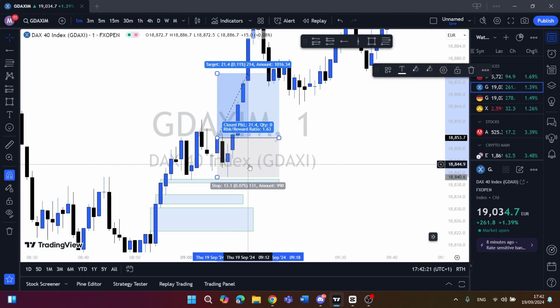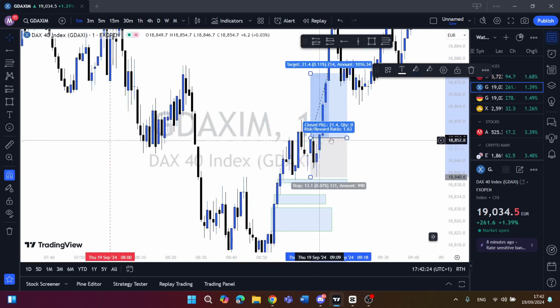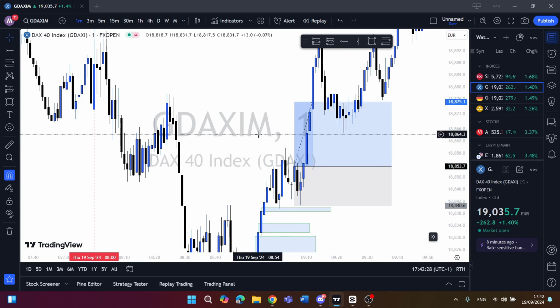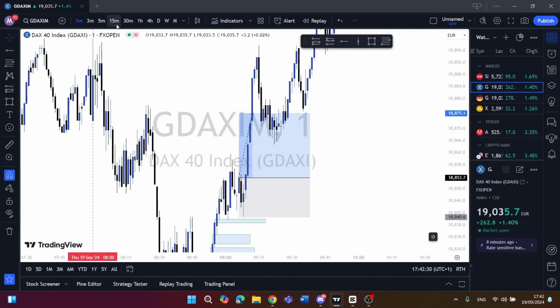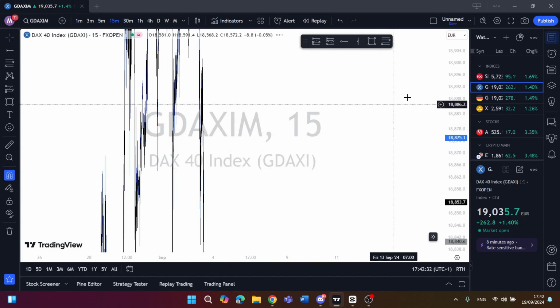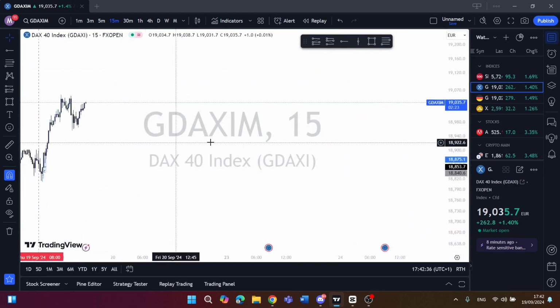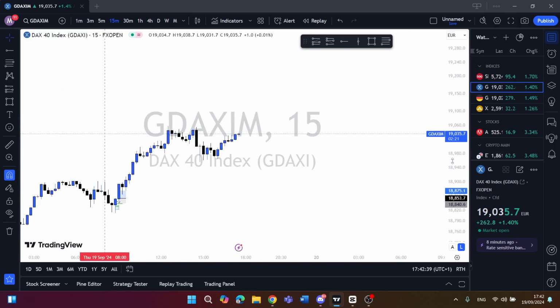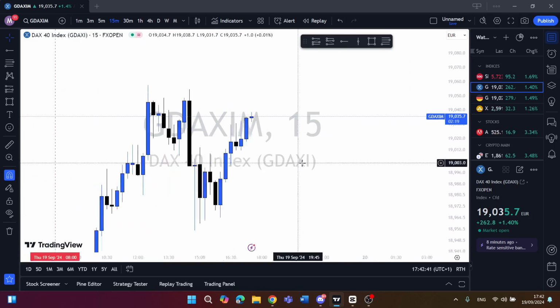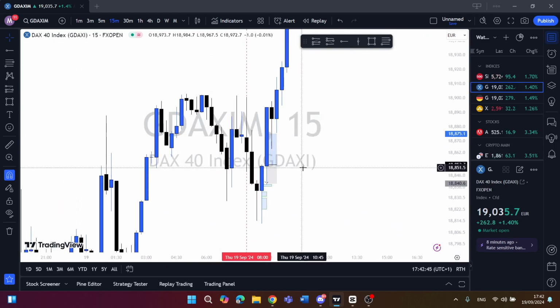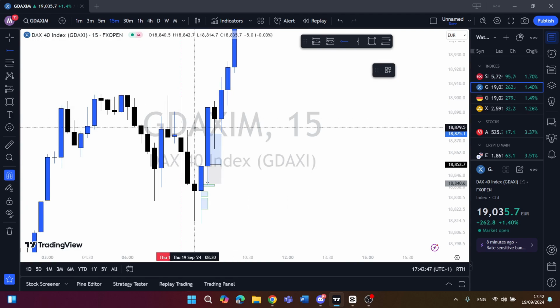So I used just 2 extra pips just for the spread, and I would have targeted basically liquidity. So I'd look into the 15-minute time frame, I can't seem to find, oh there it is,